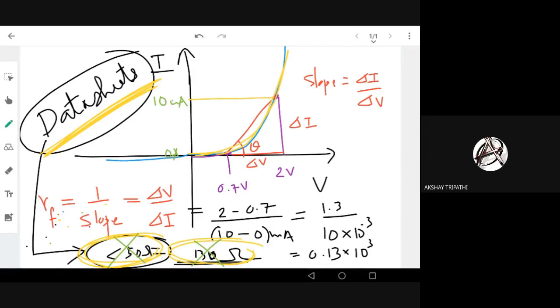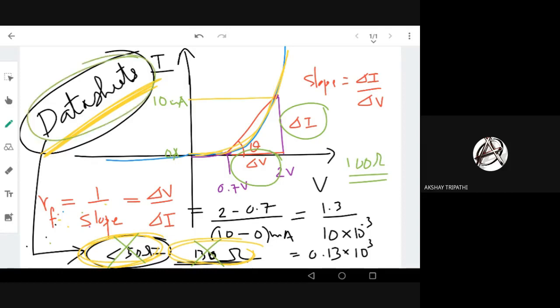This you can do in the lab. This is an experiment in the lab where we try to calculate the forward resistance of a diode, right? We calculate delta I, we calculate delta V. I'm just taking some ideal values here. You may get better values when you do it in the lab. Anyway, the range will usually be less than 100 ohm, around 50 ohm or something less than 50 ohm, and it depends. So you have to refer to the data sheets.